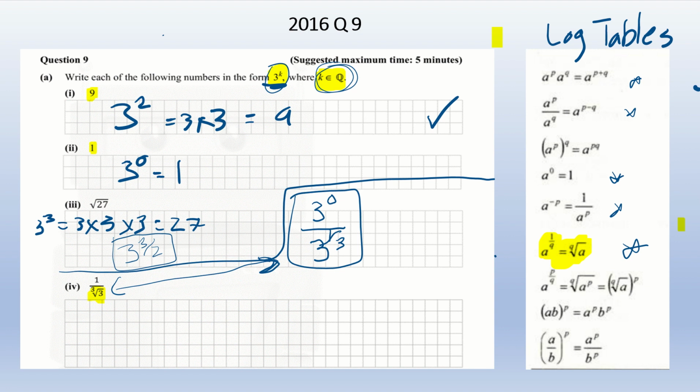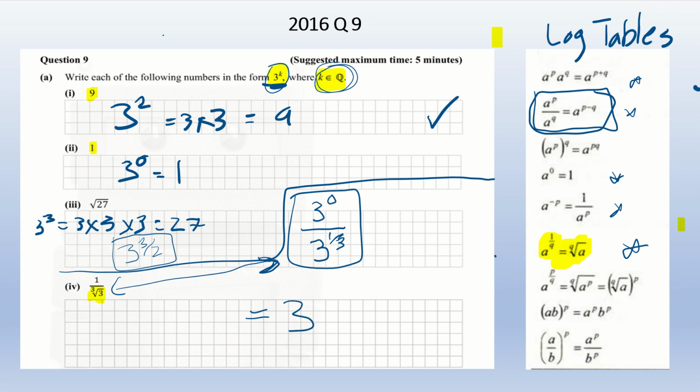You'll notice that I have 3 to the power of 0. Now, I don't like to look at this here. Hopefully I can write it better now. There, that's a bit better. I have 3 to the power of 0 all over 3 to the power of a third. If you have a look at our second law of indices over here, it gives me this exact same scenario. So this right here is the exact same thing as saying 3 to the power of